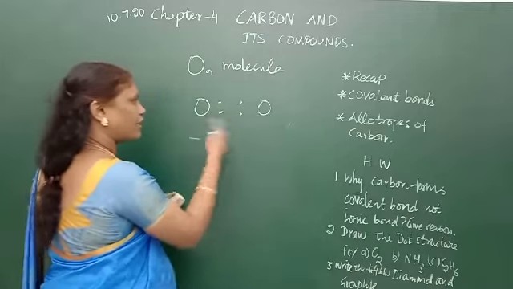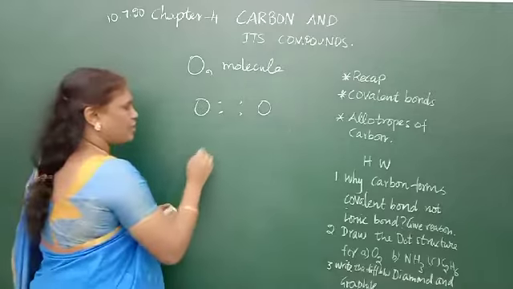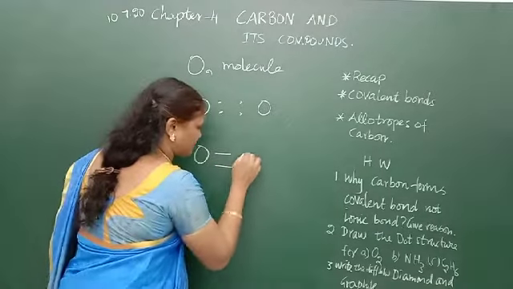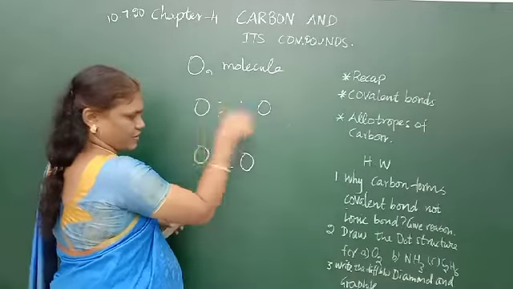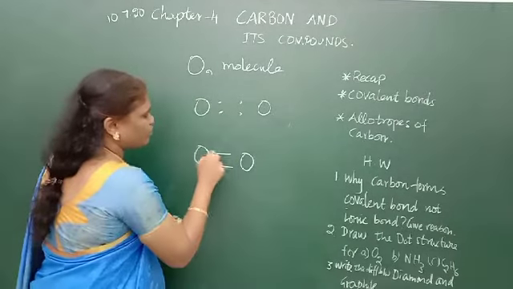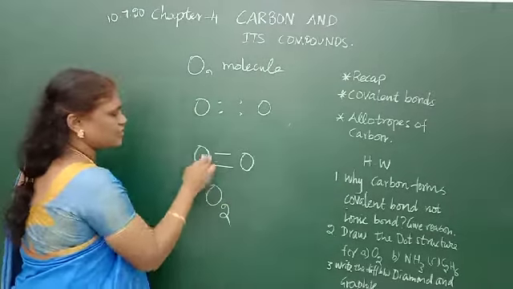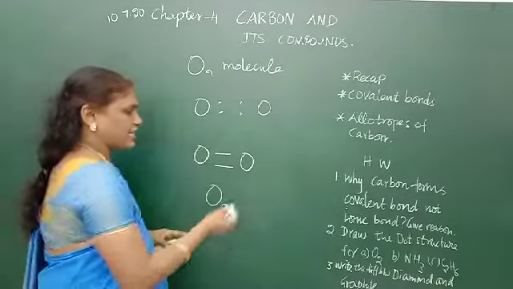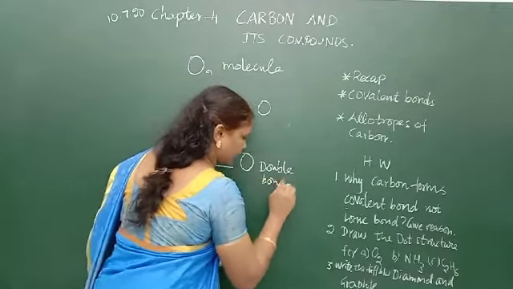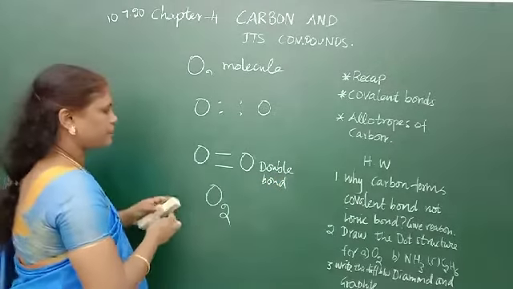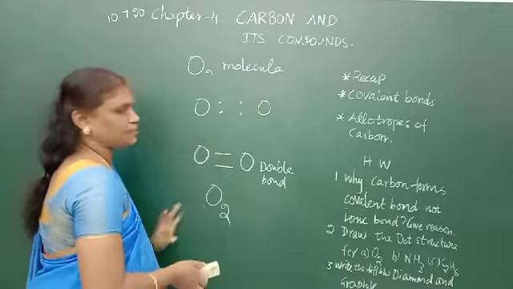See, you should not draw the bonds while doing the dot structure. Bond, if they ask, you should draw separately. This is the thing it is sharing and this is the dot structure I have drawn before that. And 2 bonds will be formed between the oxygen molecule. So it is 2 single covalent bonds, otherwise said as a double bond. This double bond, okay, is a covalent bond. It has 2 covalent bonds. It is a double bond. Okay.